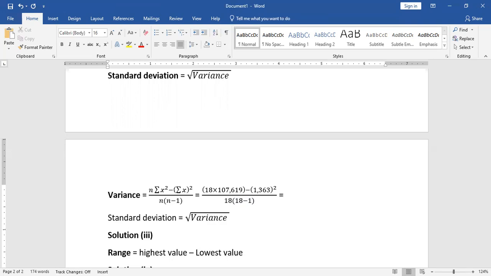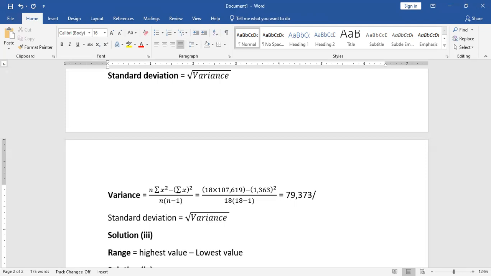18 multiplied by 107,619, close brackets. So I started with open brackets, 18 multiplied by 107,619, minus open brackets, 1,363, close brackets, and then we square it. So the top part, I'm getting 79,373. Divide by